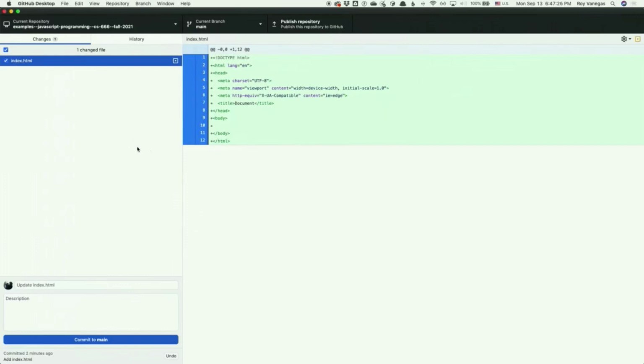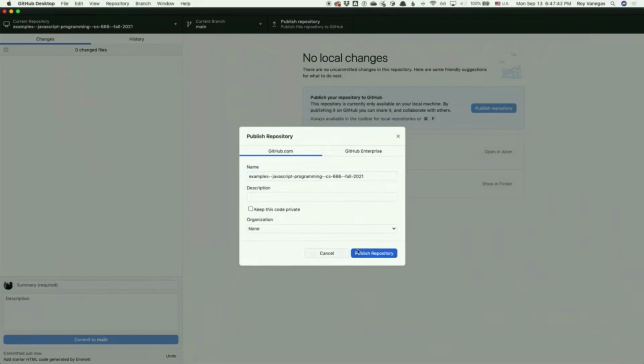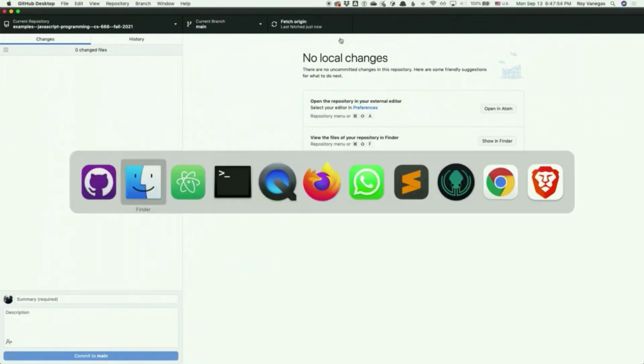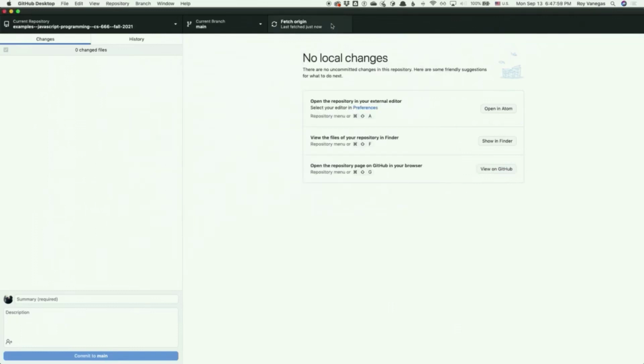They will update the repository as I make changes. So in our example here, I might come in here and say "add starter HTML code generated by Emmet." I'll push, and haven't published this yet. As you see the push feature here, the progress bar, when they see that reach 100%, then they know to come into the repository and click this button, which is to fetch, and they'll have